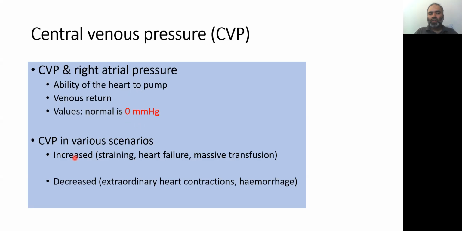Now you will understand why any sort of straining, any heart failure which decreases the contractility of the heart, will start to make the end systolic volume of the right ventricle above normal, which then gets added to by the diastolic filling of the ventricle. So there is pooling of blood inside the right ventricle. The pressure would abnormally increase in the right ventricle, which will eventually retard the movement of blood from the right